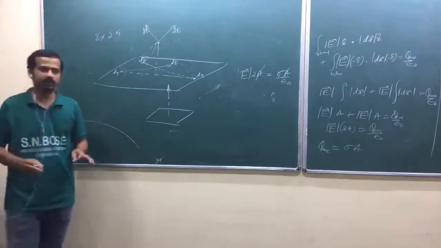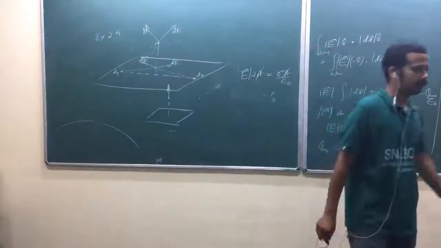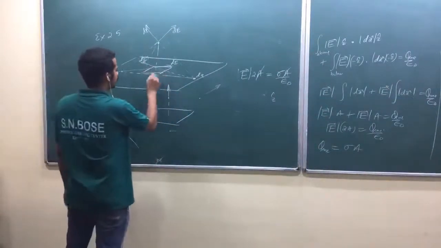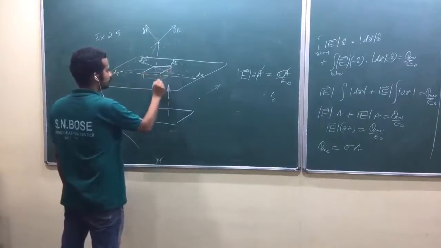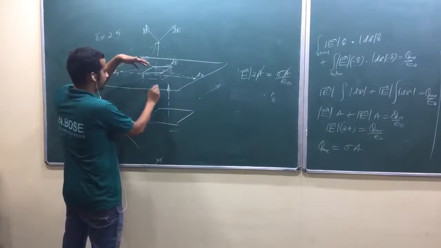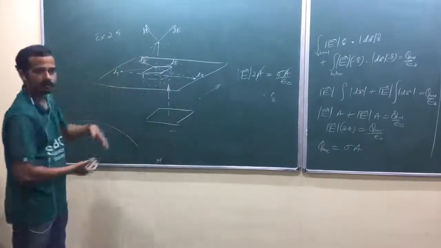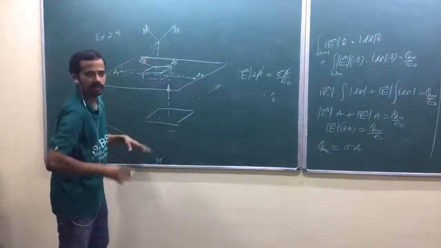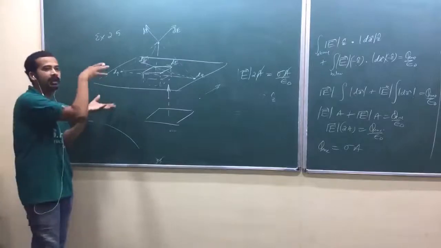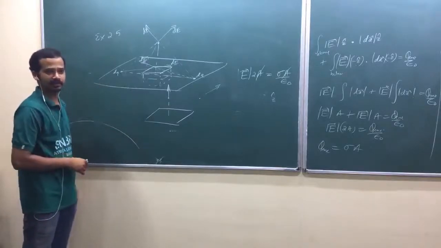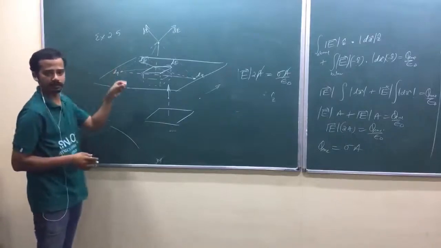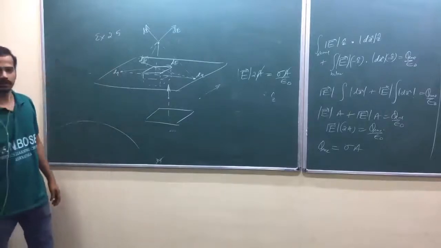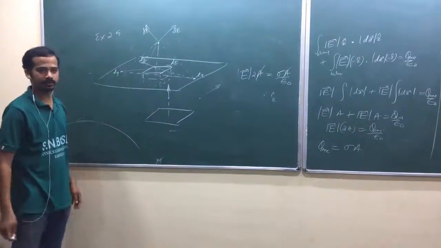Again, you need all 3D imagination to solve all of these problems. I don't know whether you got that one or not. I was running my Gaussian surface above and below. Is it okay? This part was above, and the other part, whatever I have shown in the dotted line, was below. Suppose you have two boxes, you are just joining them. You should not take those things because sometimes you may imagine there exists a plane like that. Are you getting my point? That's a mental construction, remember. Are you getting my point? It is the surface on which you are going to apply Gauss law and find the electric field. There will be no real existence of that surface.